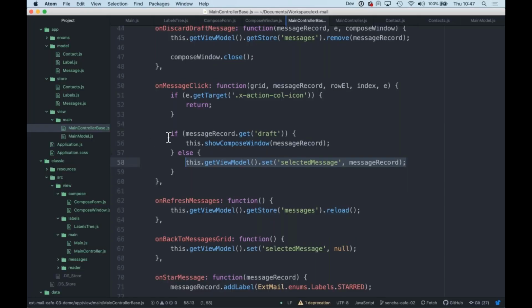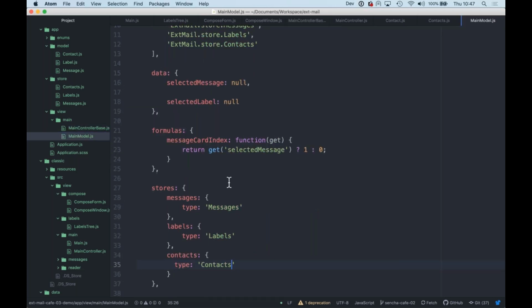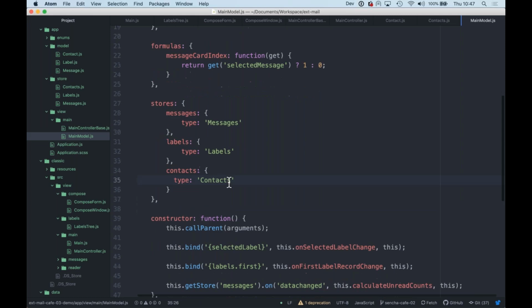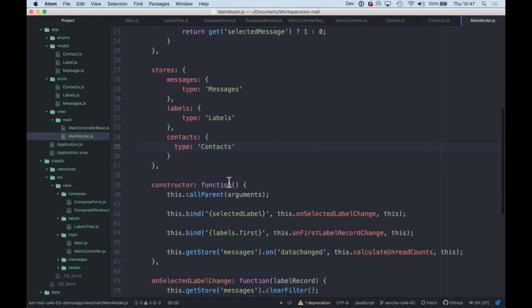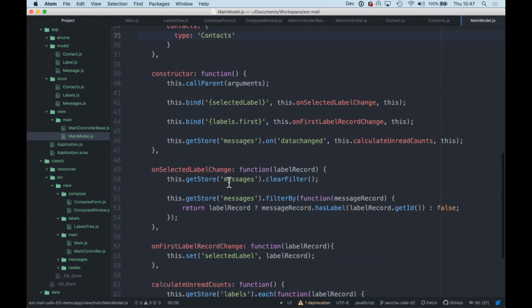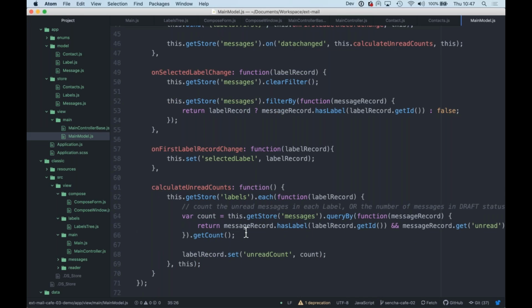So if we go back to the function that does that, which is the main model, we need to go to where those are calculated. So calculate unread count. So we're going to sort of piggyback this method. It's maybe not really designed to do it in this one place. We could maybe duplicate it and do a second one, but we're just going to piggyback this just now, and